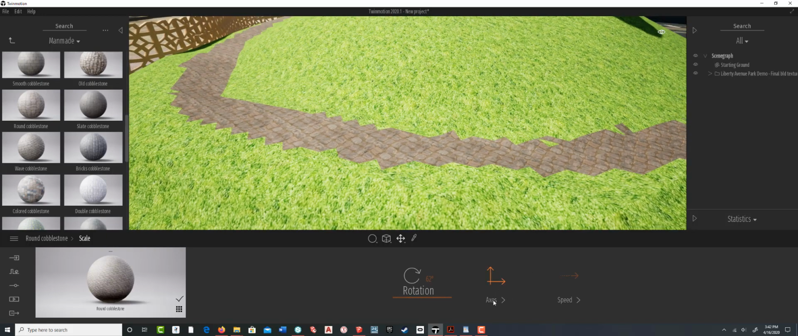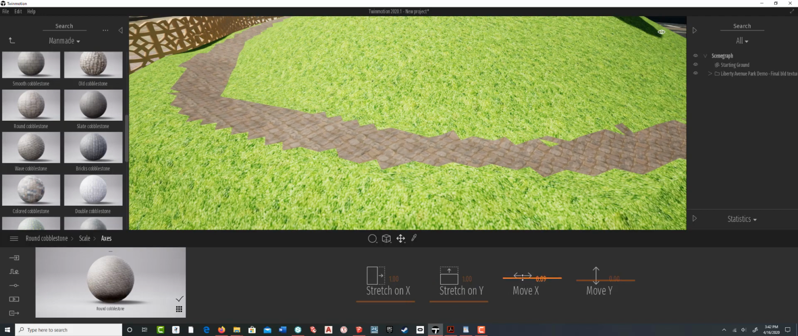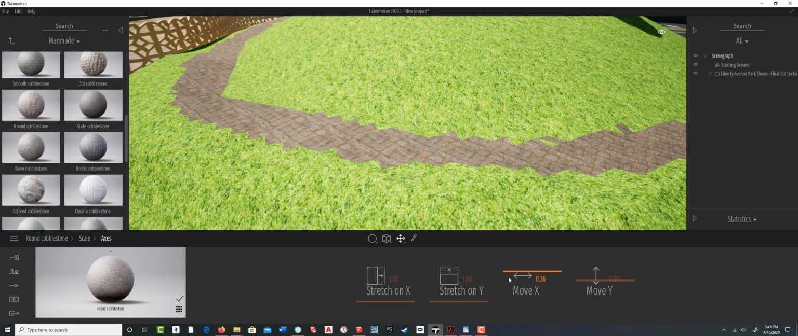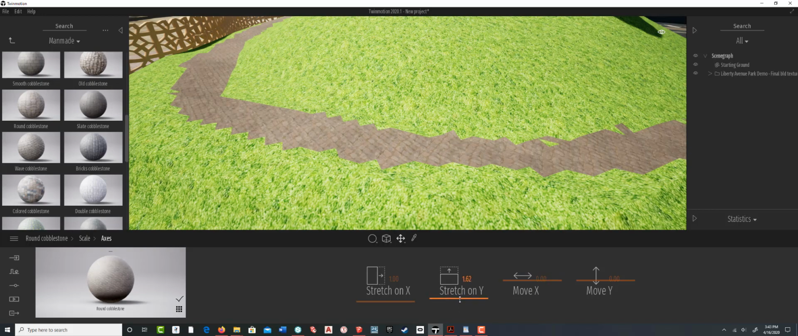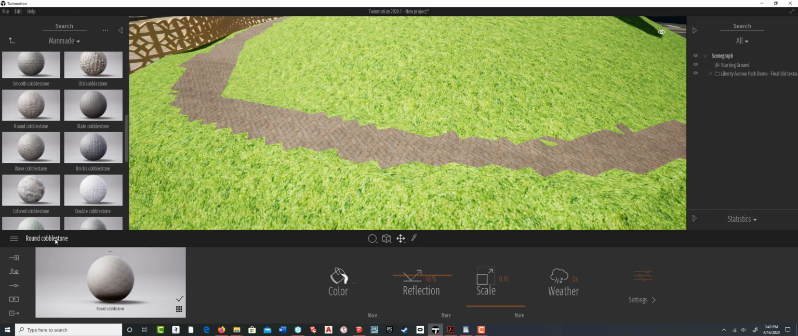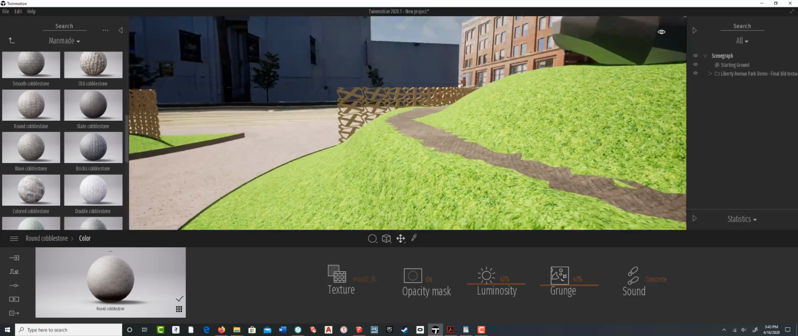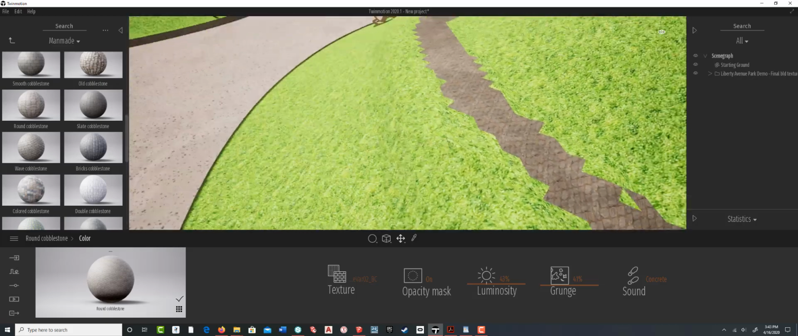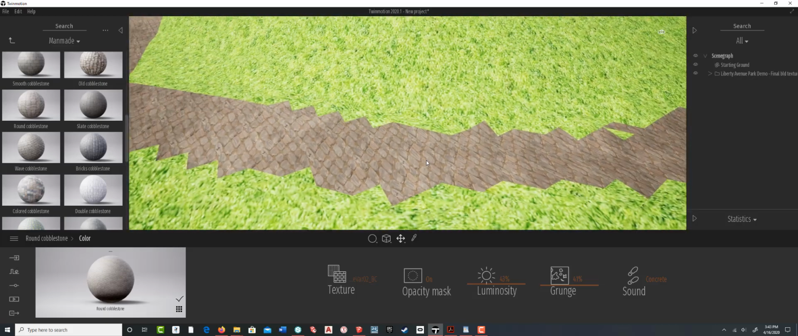And you can also come in here and shift it back and forth on the X and the Y. Or you can also stretch it. So if you want to distort it a little bit or stretch it on one axis or another, you can do that as well. So hopefully you're getting the idea of how this works, and let's maybe go to color, drop the luminosity, set the grunge up a little bit, and now it starts looking a little more like a rough stone pathway. Kind of distorted the bump out of it, but